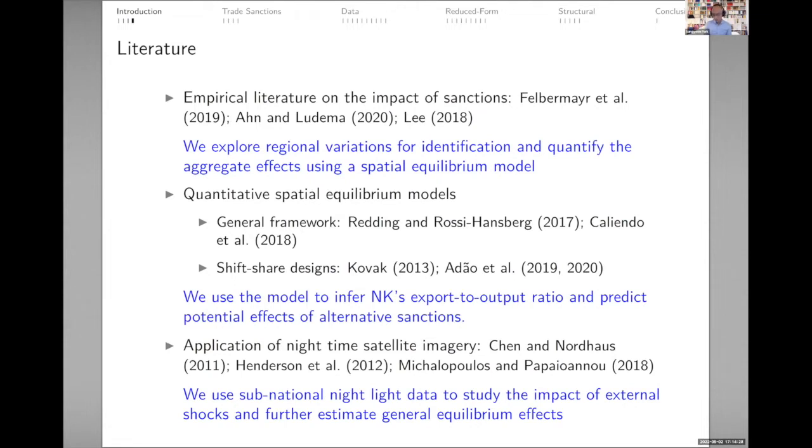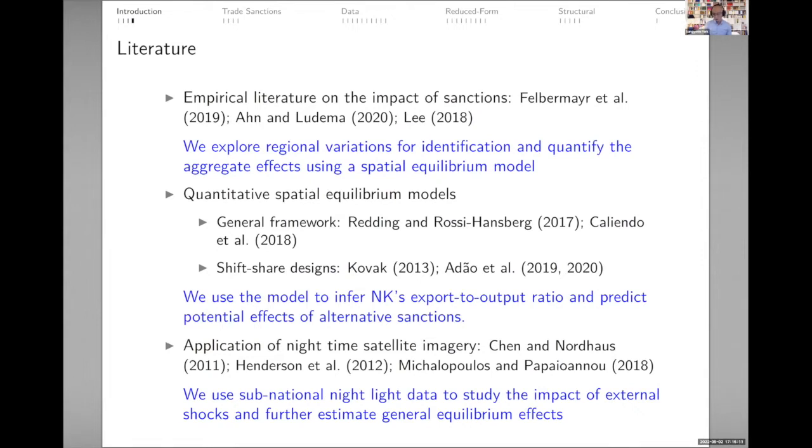We also use the spatial equilibrium model, which is based on the general framework developed in previous papers, and also adopt a more recent shift share design. What separates our paper is that in our setting, we don't really have the high quality data that the other papers have. So our main challenge here was to try to adopt this model into a setting where the quality of economic data is somewhat lower, but we still want to use it as a way to provide some meaningful estimates and try to conduct some counterfactual exercises.